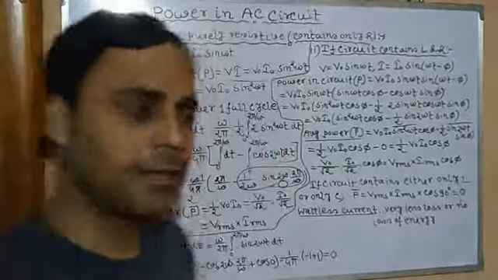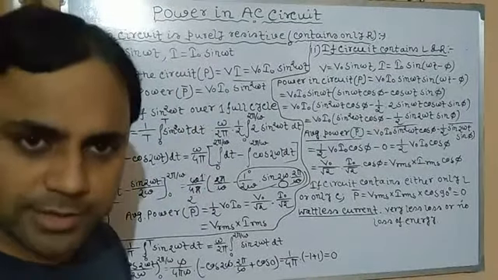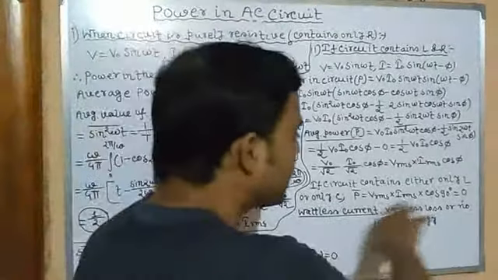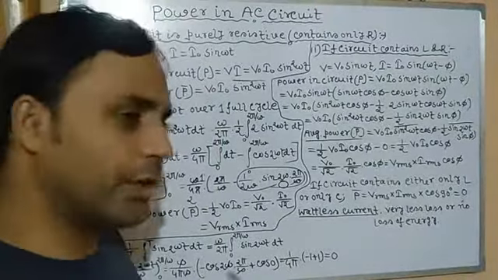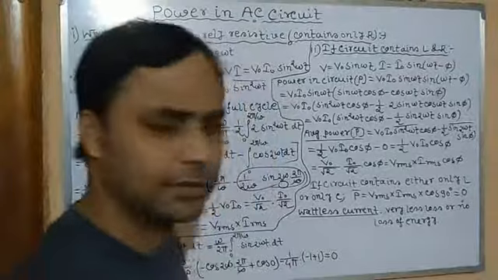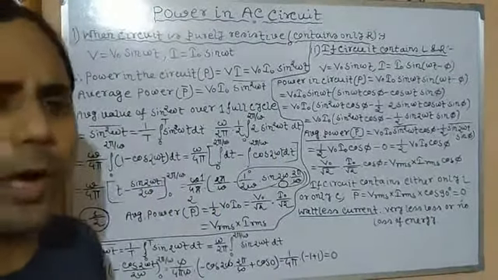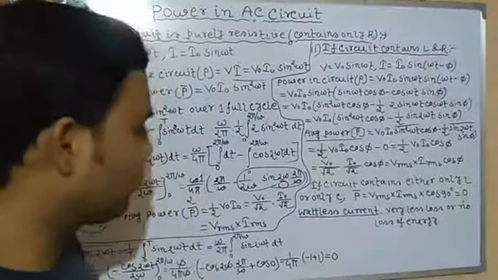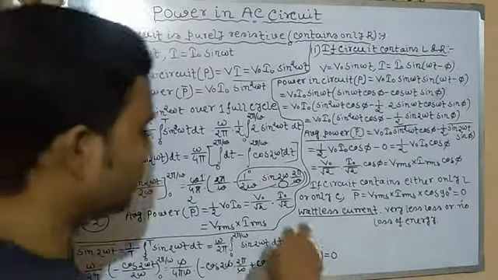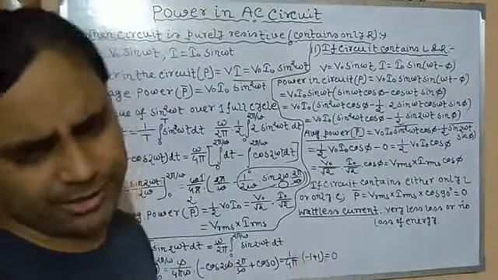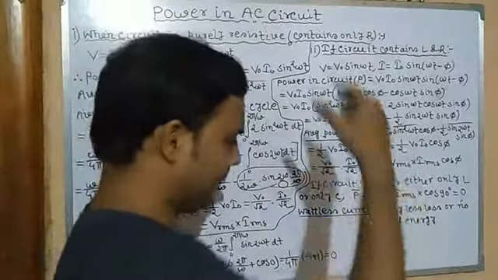So in this case, what happens? In spite of current flowing in the circuit, power is 0, isn't it? Whenever we do any work, we know that there is some energy. So here power is 0. So this current, due to which there is no power dissipation or power loss in the circuit, is called wattless current. Since the unit of power is watt, and there is no power, there is no loss of energy. So this is wattless current, or we may say powerless current also. So this is called wattless current.